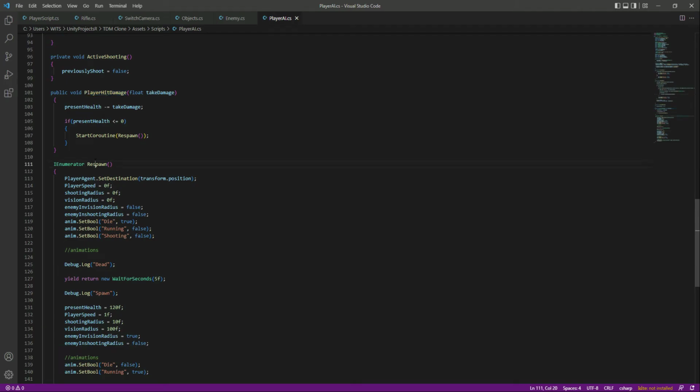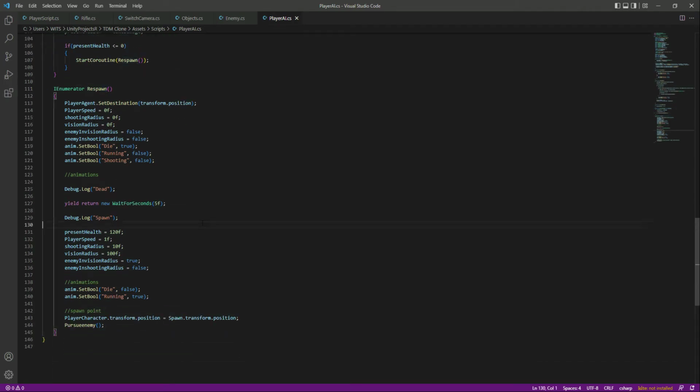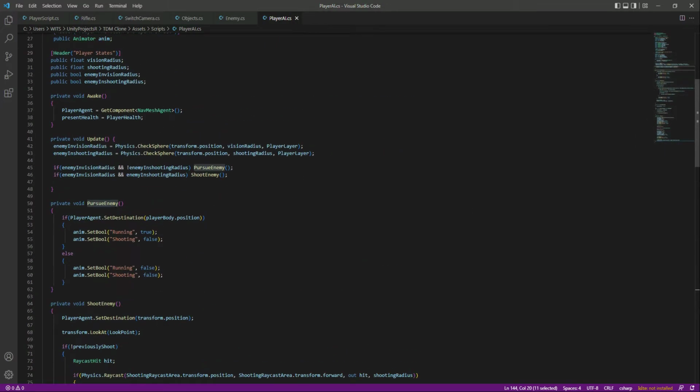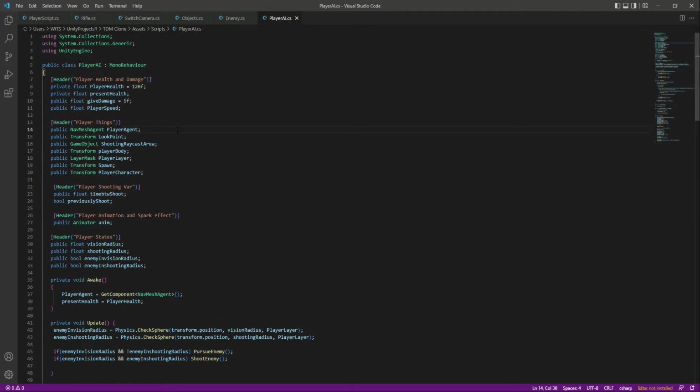Okay, then we have the respawn. Everything else is perfectly fine. Let's change this function name to pursue enemy because it was being changed right here to capital E. Okay, now everything is pretty much fine. And now if we click on enemy,